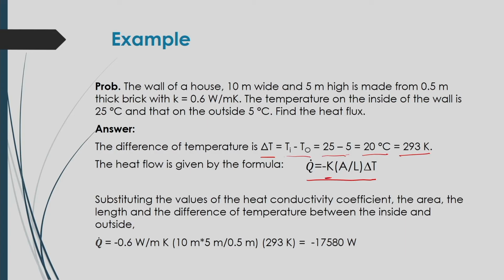Here K is the thermal conductivity of the material, A is the cross sectional area, L is the length of the object, or in this case the width of the wall to be considered, and delta T is the temperature difference between the sides of the wall. Now, substituting these values of the thermal conductivity coefficient, the area, the length and the difference of the temperature between